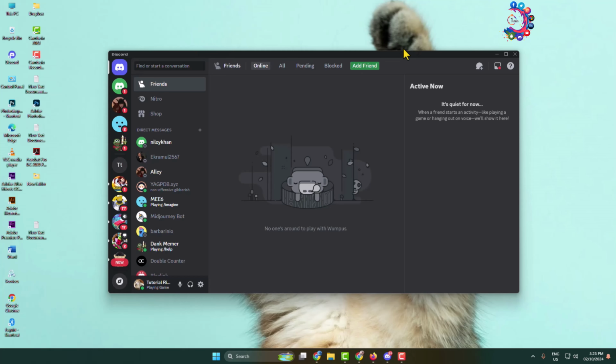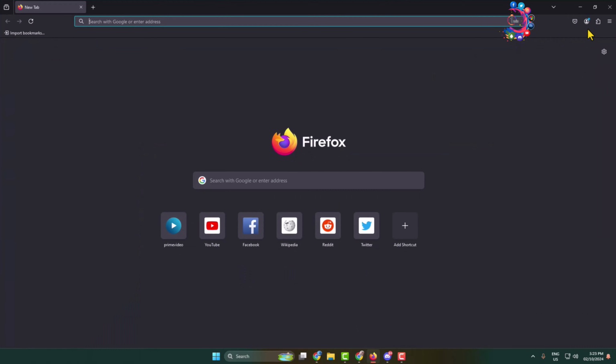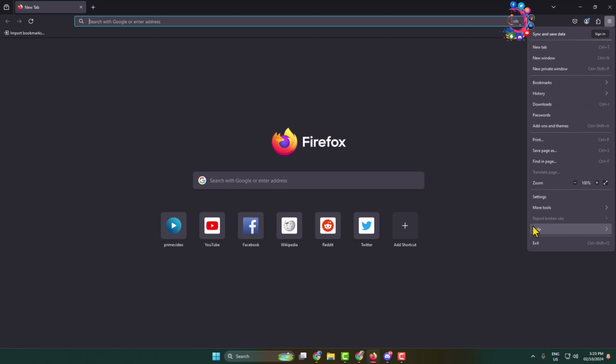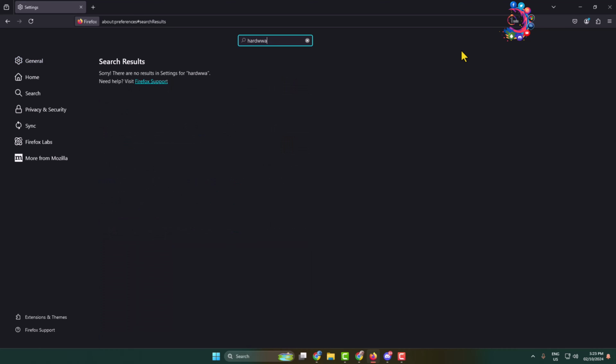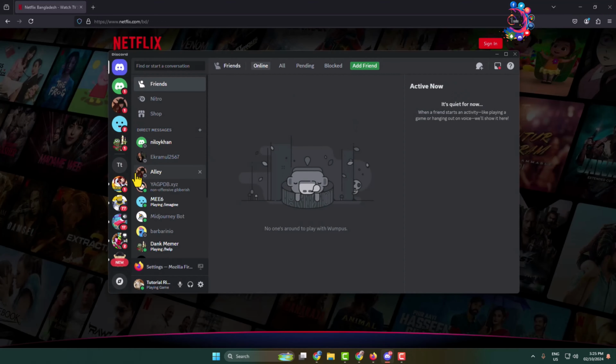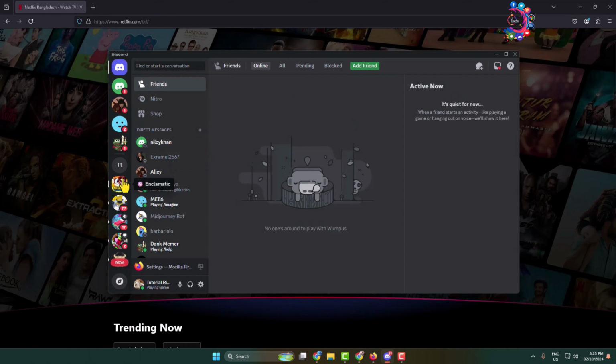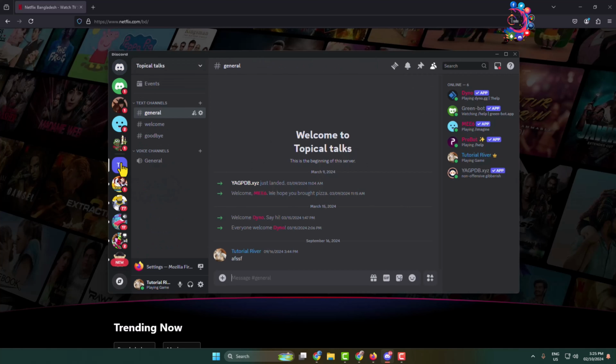And if you are watching Netflix in your Firefox browser, then go to your Firefox browser and click on this menu icon and open your Firefox browser settings page. In this find settings, type here hardware, and now you have to uncheck hardware acceleration to disable your Firefox browser hardware acceleration, and then go ahead and open your Netflix. And now go ahead and open the server in which you want to stream your